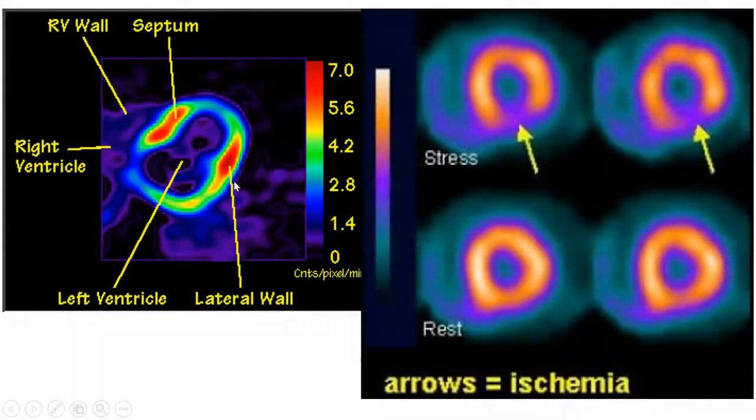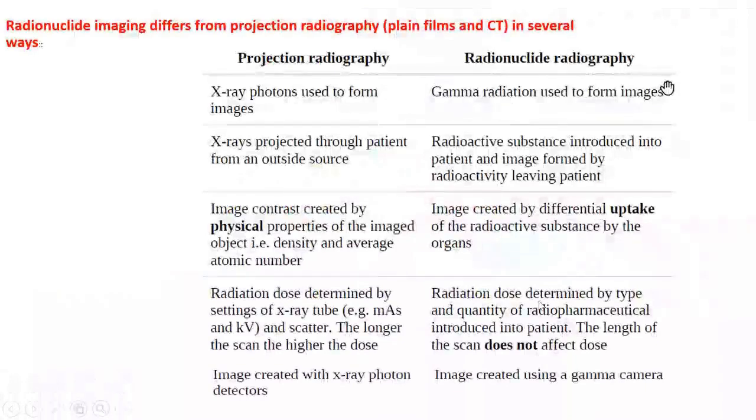This is the lateral wall view, and this is, of course, the view of the left ventricle, and this is the view of the right ventricle. There is a defect in the inferior wall. This defect indicates that it is ischemic. So, you are observing function or physiology in the nuclear image. Now let's talk about,